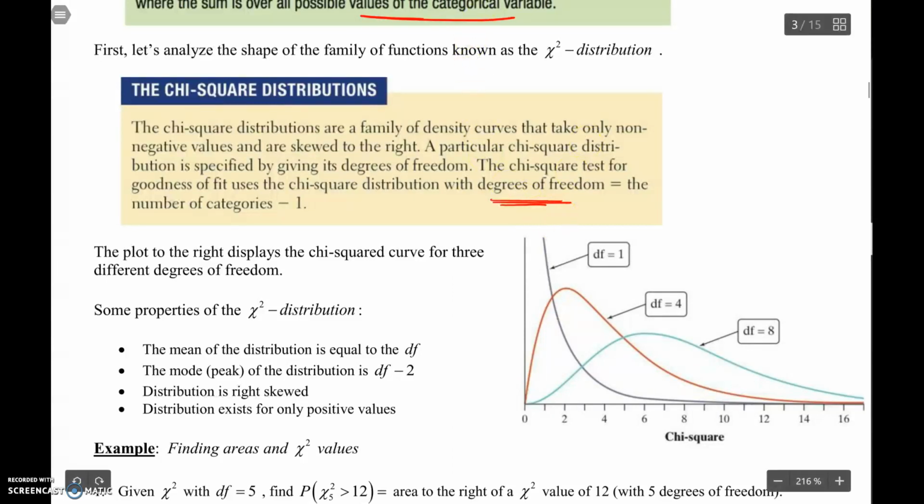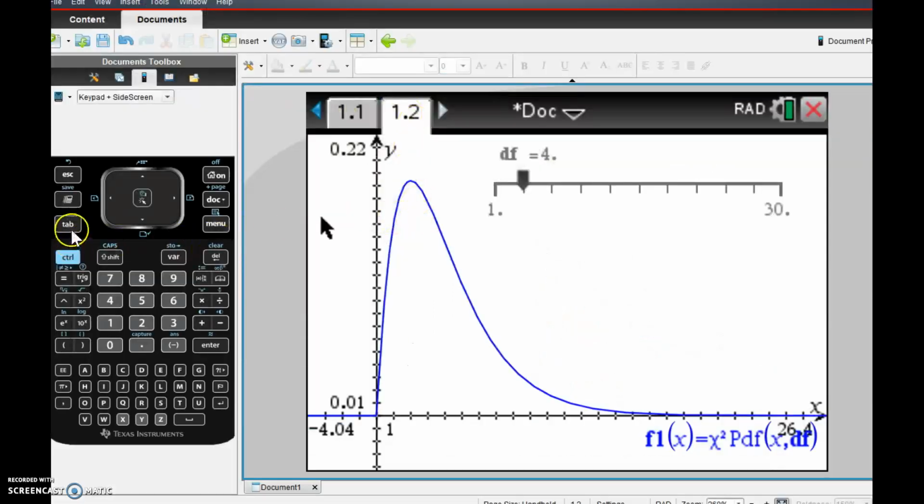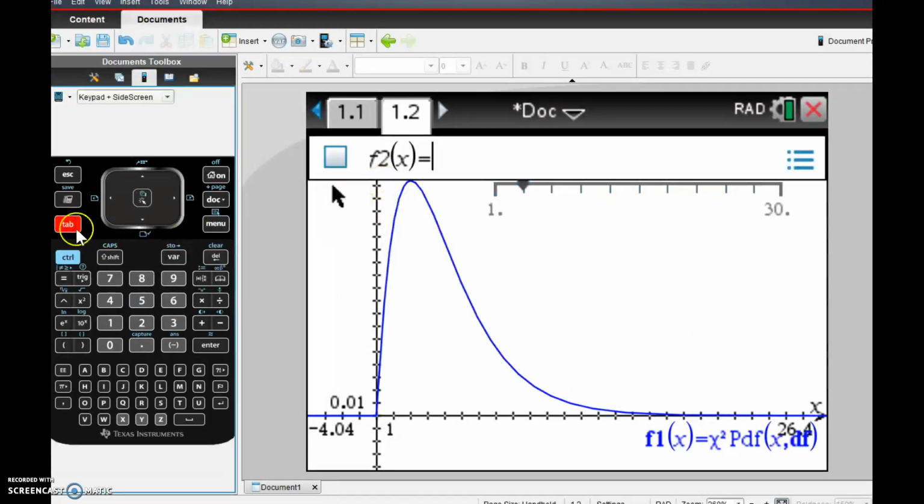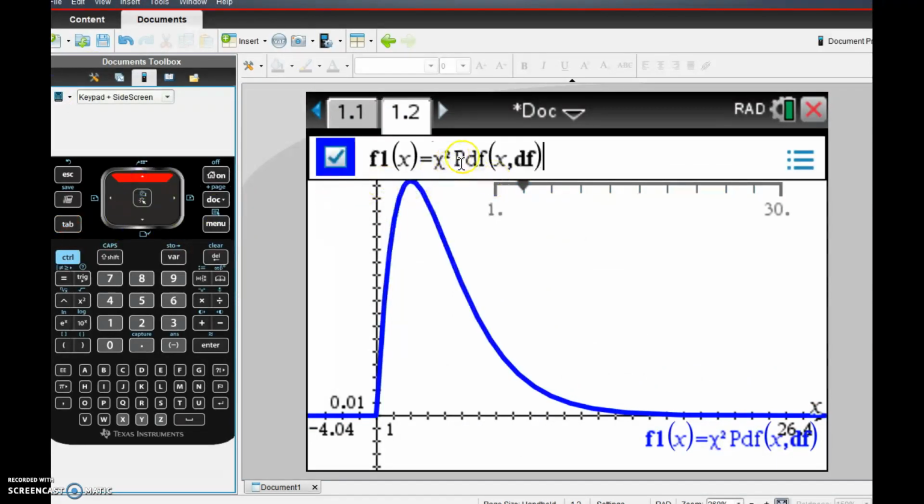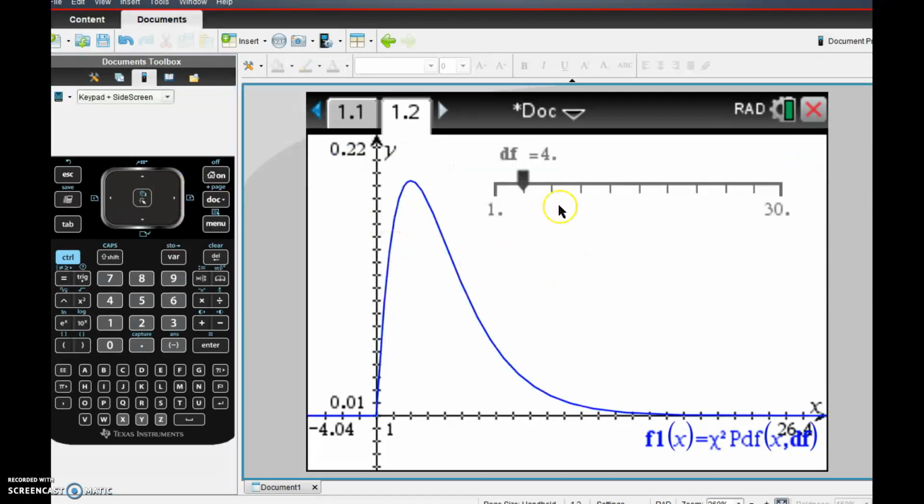All right, so we can plot this on our calculator. The function you plot on the calculator is actually the chi-squared PDF. Now, if you remember, the PDF is the one you don't ever use for the Z's and the T's, the normal and the student T. You never use PDFs because we never plot these things, right? The same with the chi-squared. We're only using this to plot it, and I'm not going to ask you to plot it. You're going to have to use the CDF and the inverse chi-squared in order to answer questions in class. But just to illustrate what the curve looks like,